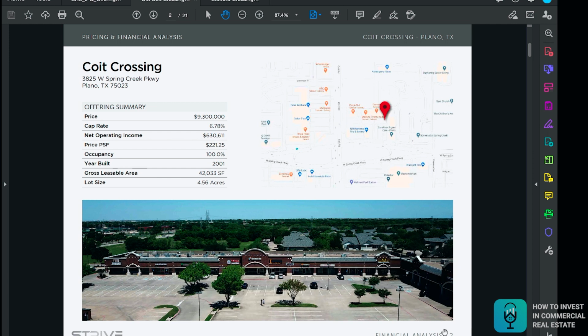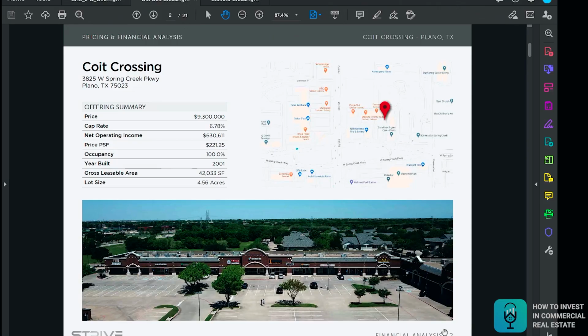Okay, 9.3 million, a little bit large. The asking price is $220 a foot. Most of the retail we purchase is lower than that. Not that it can't be worth it. Plano is a pretty hot area of North Dallas, but we've purchased deals at $75 a foot all the way up to